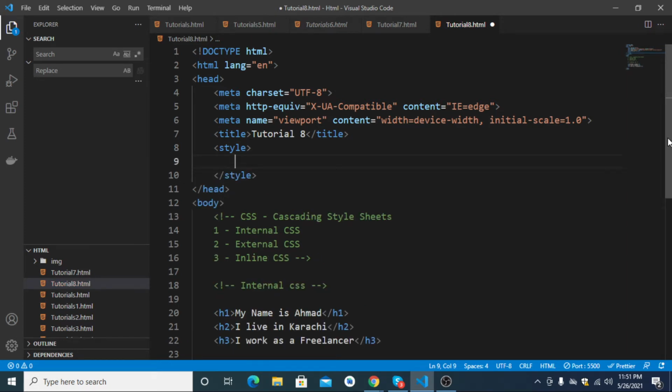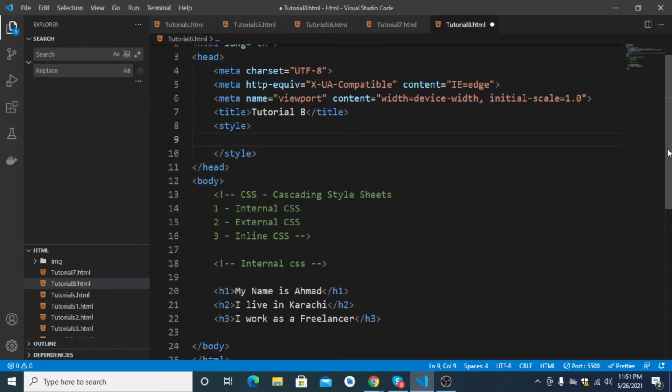Okay, so the first thing to remember when writing CSS is that there are many ways to apply CSS to your document. We will discuss all of them here in the starting. For example, I want to apply the red or green color to my heading H1.